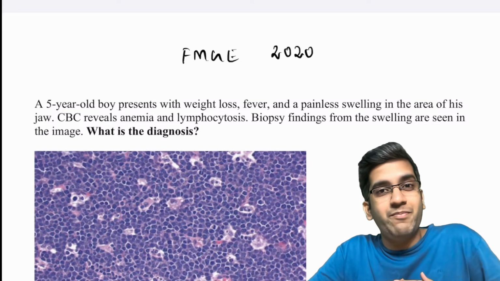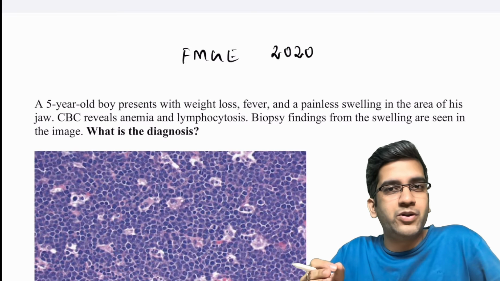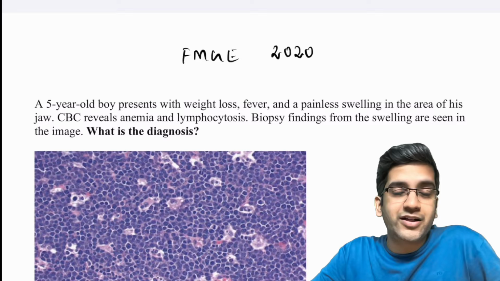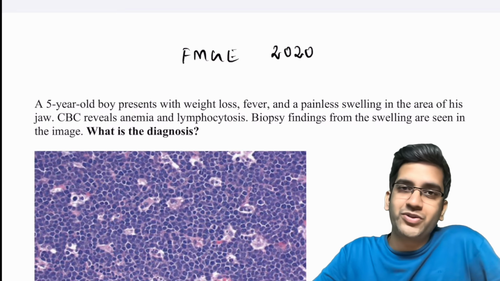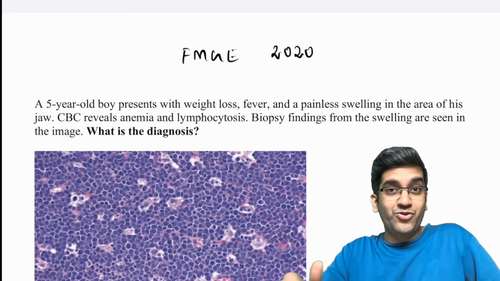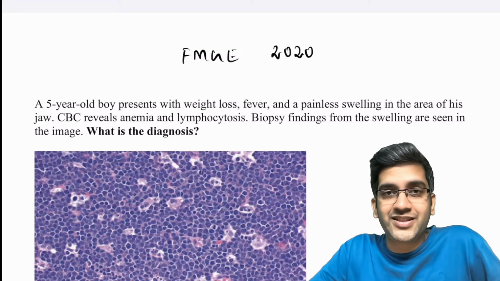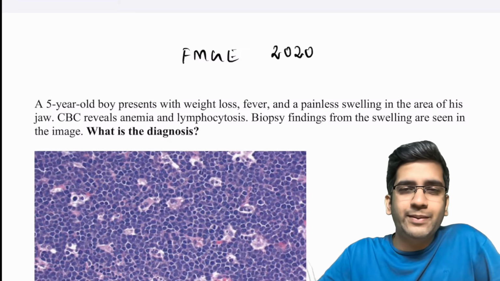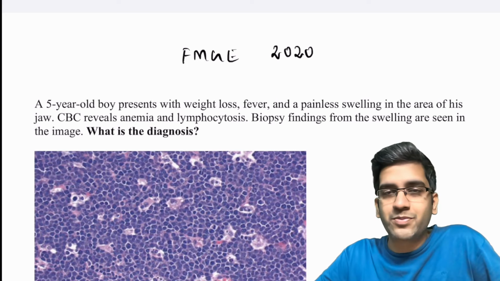I'm going to start from way back from FMG 2020. This is a paper recall from December 2020 examination of foreign medical graduates. And slowly we'll be moving to 21, 22 till 24, 25, right? So if you are attending this year's FMG exam, I hope these recalls might come in handy. We'll go a little bit into the depths of the questions, the way to solve the questions, maybe tricks or mnemonics,